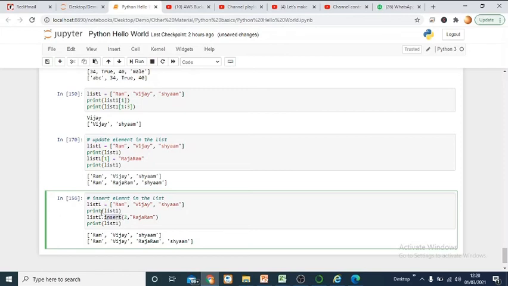So by using the insert function, you can insert any element. Like this is the list 1 that we have, and in list 1, if at position 2 you want to insert Raja Ram, you can do that.